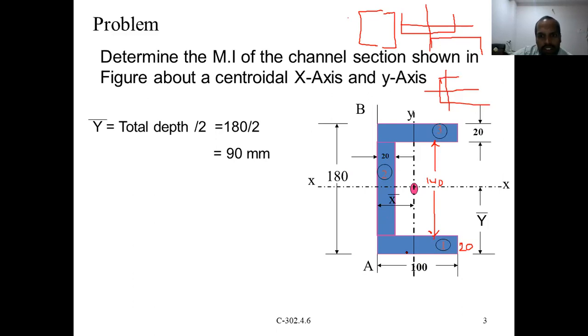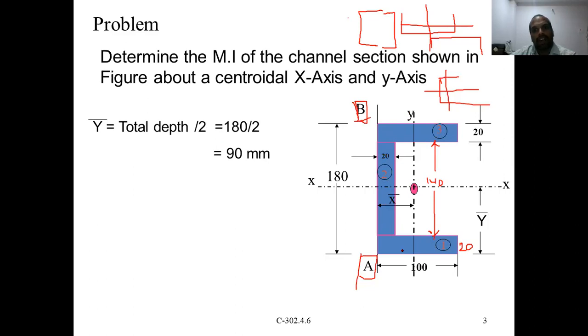Now comes to x1. What is the reference axis? AB is the reference axis. So generally, the moment of inertia is always for standard sections. These are the rolled steel sections we use. Standard sections are there, and all the dimensions are available in our steel tables. Of course, these exact dimensions may or may not be available, but the rolled steel channel sections are available.